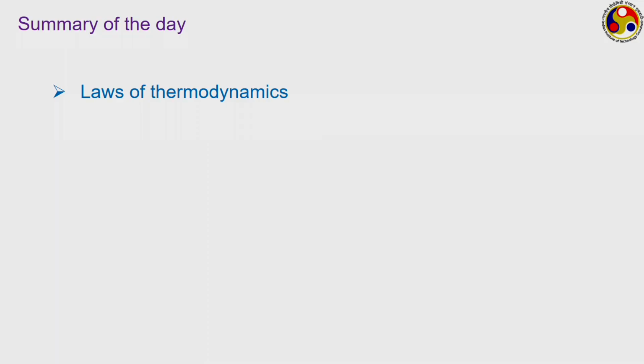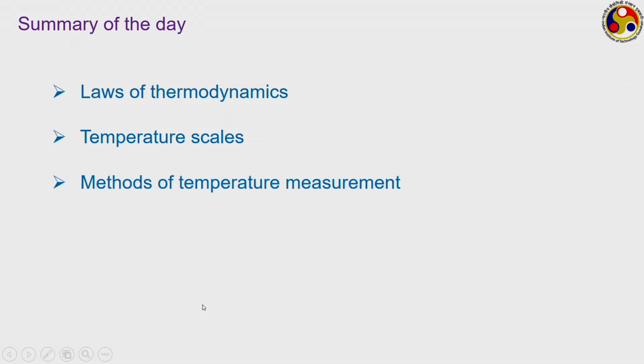In the next class, we shall be discussing the electrical property based temperature measurements, which are generally more used for technical purposes. So, if we want to summarize what we have done today, we discussed the laws of thermodynamics, defined the temperature from the context of the zeroth law, and the thermodynamic temperature scale from the context of the second law. We have discussed the two-point and single-point temperature scales, then different methods of temperature measurement were summarized. Then we talked about the expansion based devices, two devices basically,